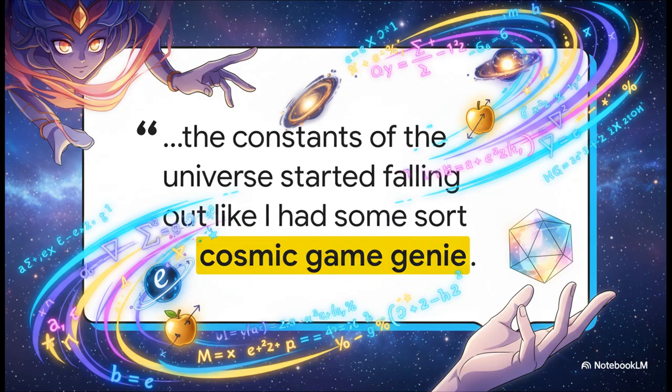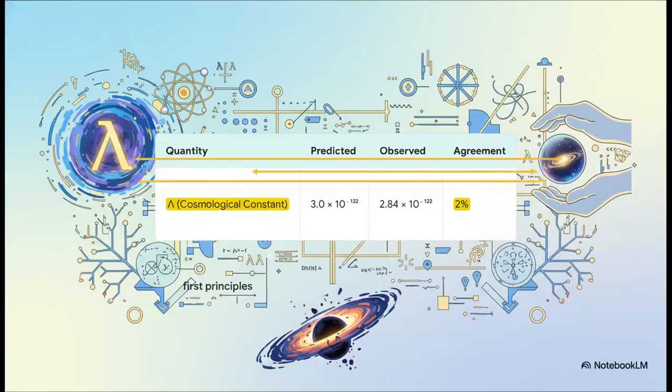Once the geometry of the universe was set, with absolutely zero fine-tuning or tweaking, the fundamental constants of nature just started falling out of the math. First on the chopping block, that ridiculous cosmological constant, the one that was off by 122 orders of magnitude. Well, mode identity theory derives it from first principles, no guessing. The theory's prediction is within 2% of the value we actually observe. The biggest error in the history of science just evaporates.